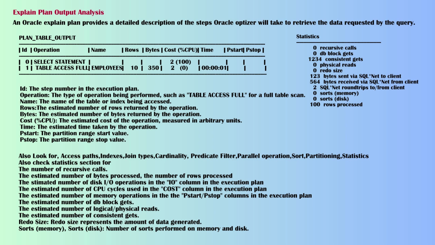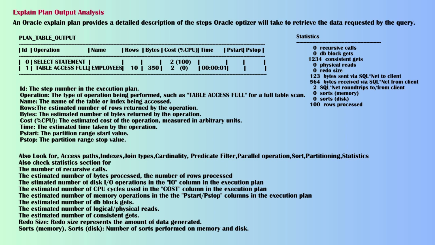Sort. Check the sort operations used by the optimizer. Partitioning. Check if the query is using partitioning. Statistics. Check if the query is using statistics. Also look for the number of rows returned by each operation, the estimated time for each operation, the estimated number